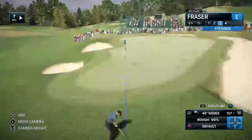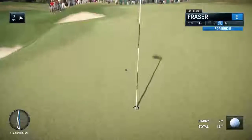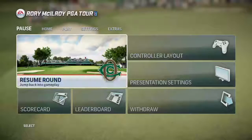Frank, this is where the mental game really comes into play. You've hit a second consecutive shot into the rough. This could compound very, very quickly, so now's the chance to just take a little breather, and